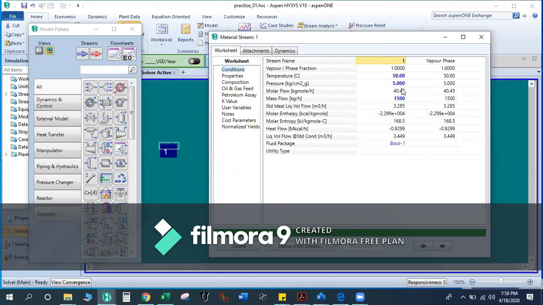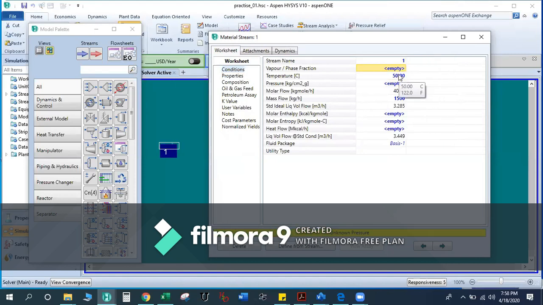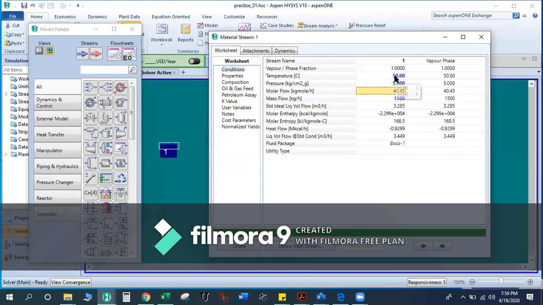You may say that you don't have the pressure, but you know that this is in the gaseous phase, that is, vapor fraction 1. In that case also you will be able to define it. If you don't know the temperature, but you know the vapor fraction like 1, it will calculate the temperature.